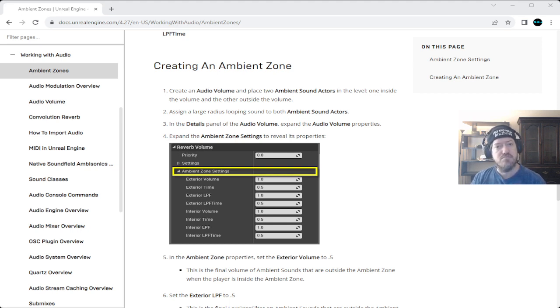See if we can build those ambient sounds.